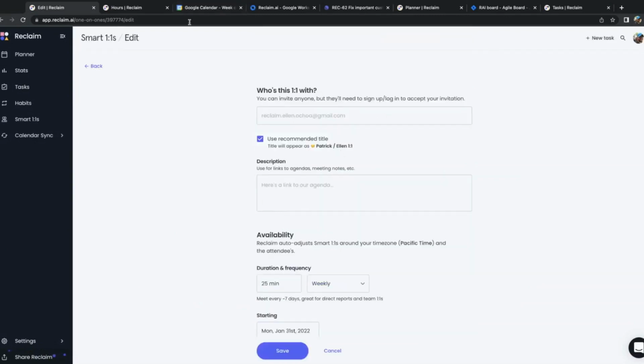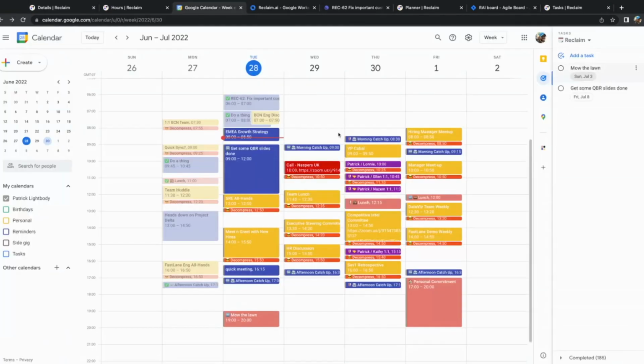It's just giving you more flexibility. And then, yeah, you can add things like video conferencing and a location. I mean, pretty standard stuff. But if we go into Google Calendar,